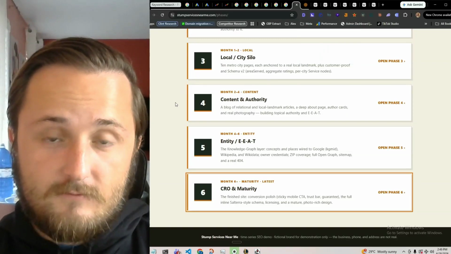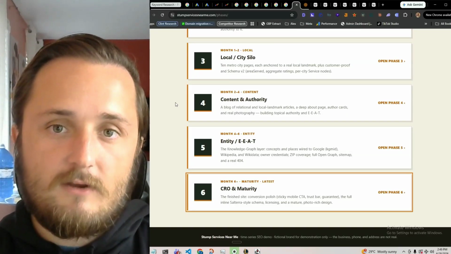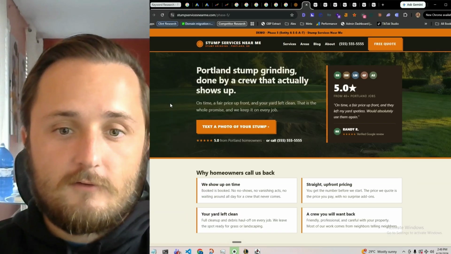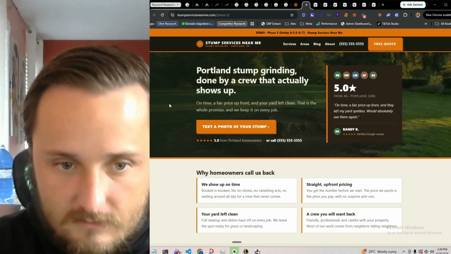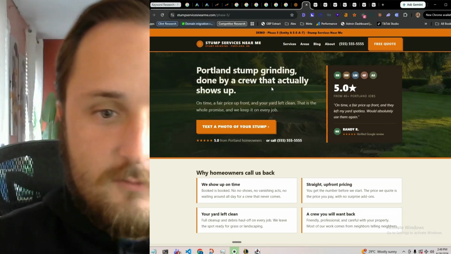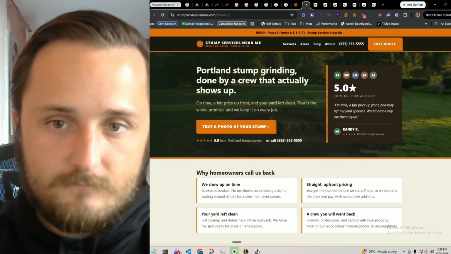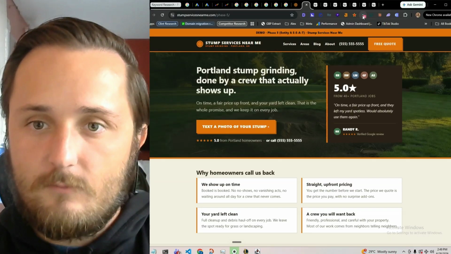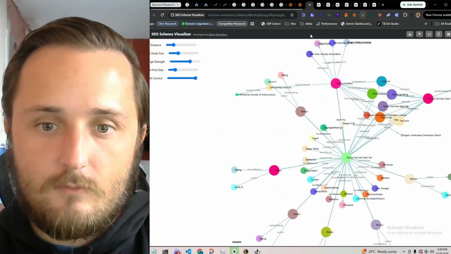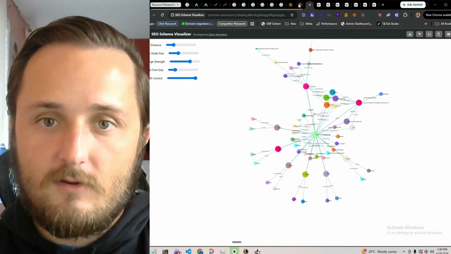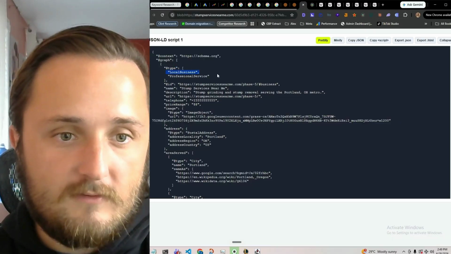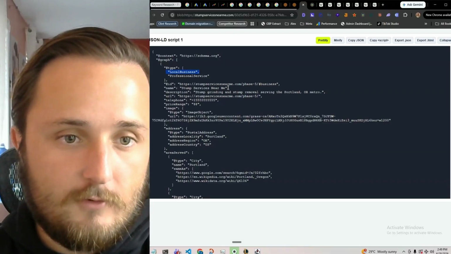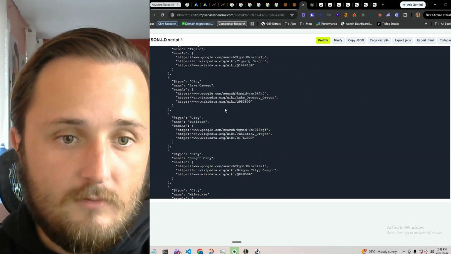Phase 5 of how I would rank a stump grinder in Portland, Oregon. So what we're going to see here on the home page is we've got an image in the hero section. We're just going to continue to add more and more schema, more content to our pages from the other phases that we've gone through. We can see that we've got local business, professional service, we've got the name, we've got